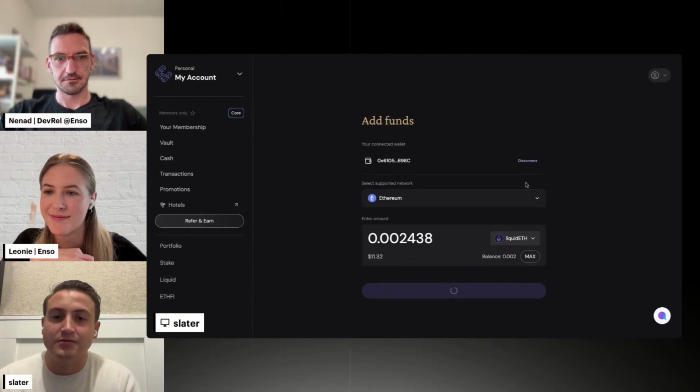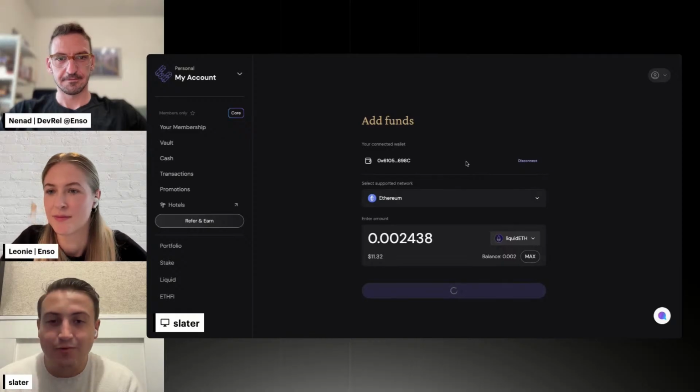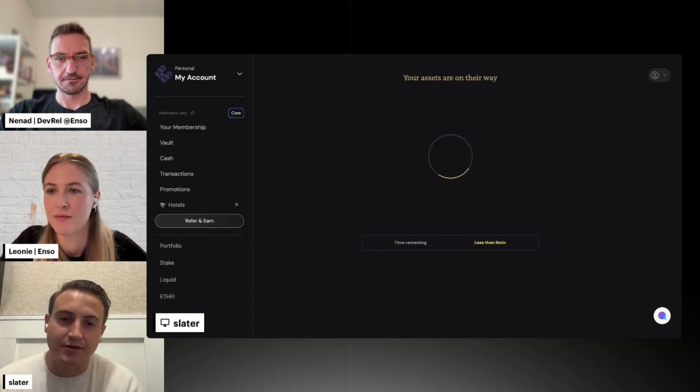And just like that, we've gone from any random asset on the EVM into the liquid vault, into your cash vault, which allows you to spend it in real life in under 5 minutes. A pretty cool set of features from random asset to real world spending power in just a few clicks in a few minutes.